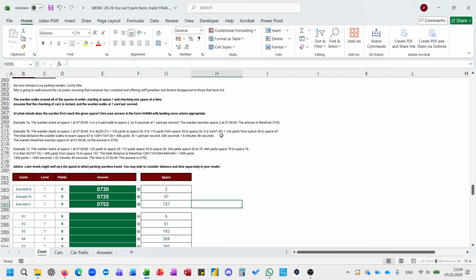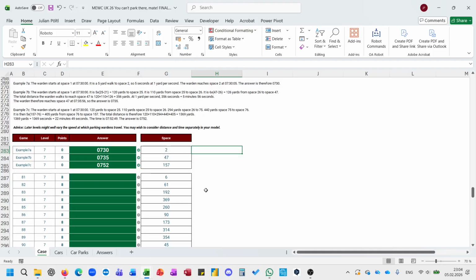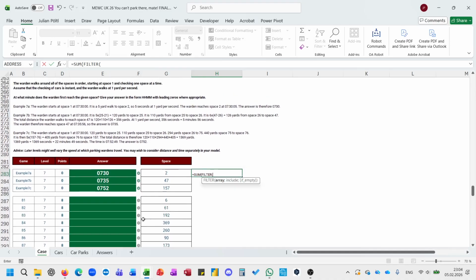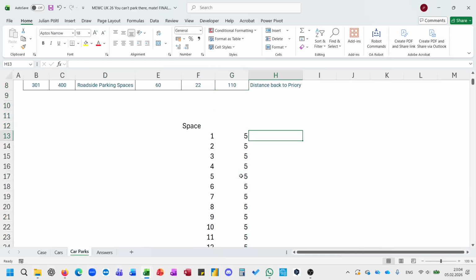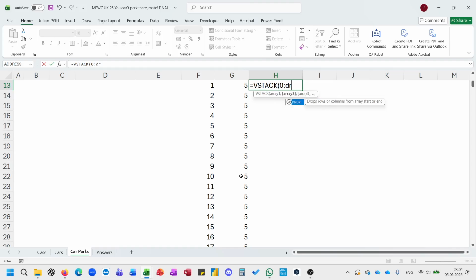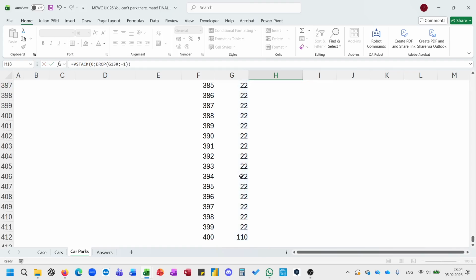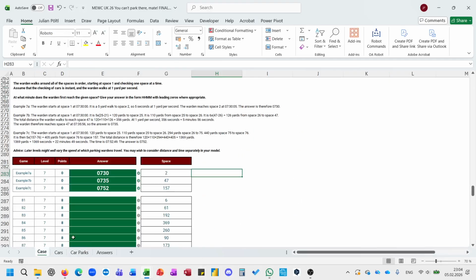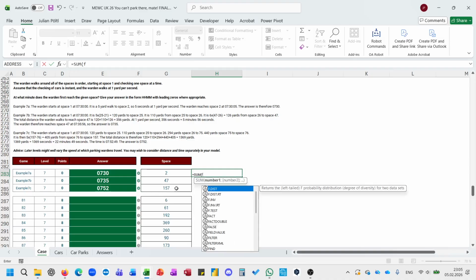And yeah, what we can basically do here is do a sum filter of... well, first, how do I want to do this? VSTACK 0, DROP -1, and then SUM FILTER